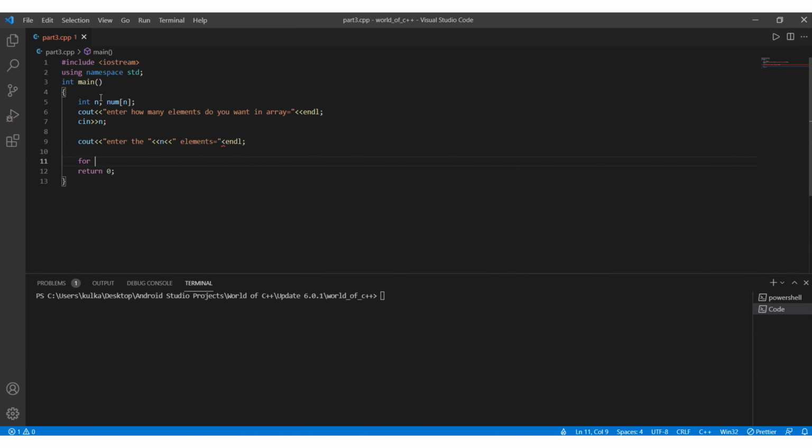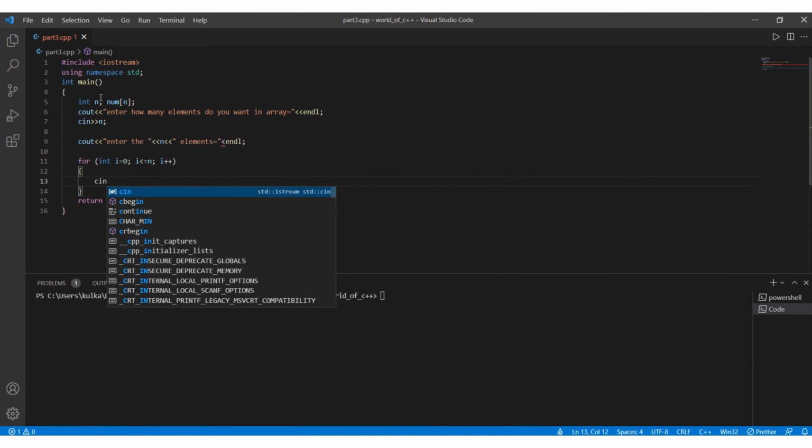Then, using a for loop, I will accept the values for integer i equals 0, i less than or equal to n, i plus plus, cin num of i.